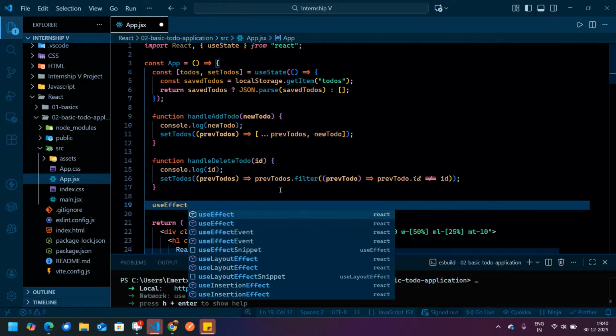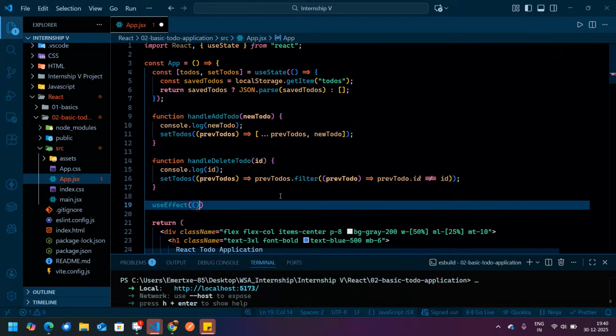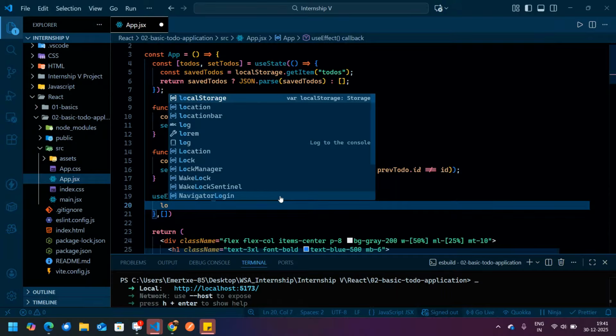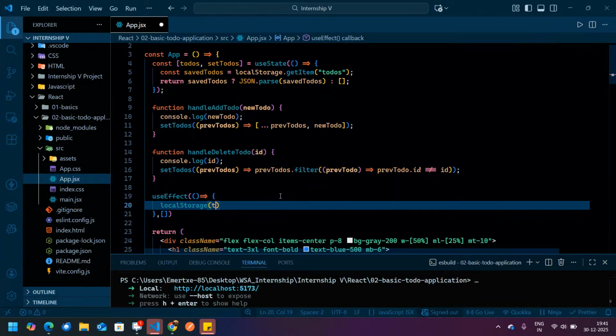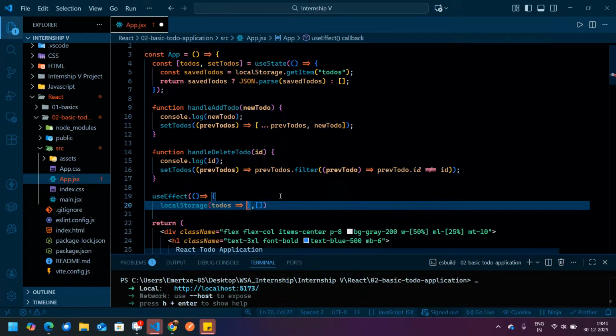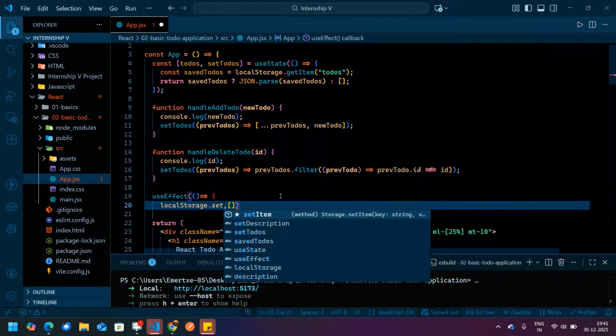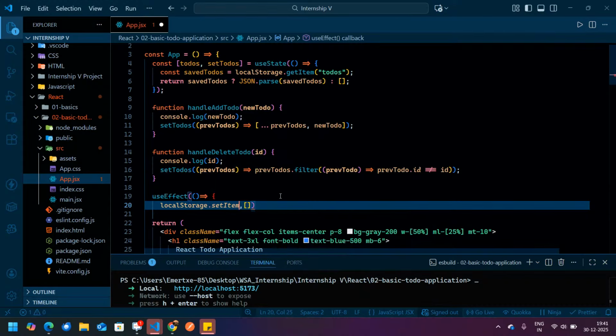Over here, we'll write a useEffect. Over here we'll write localStorage dot setItem.